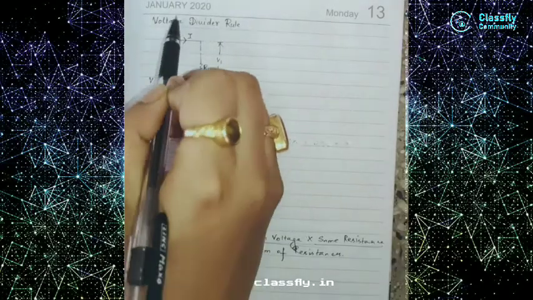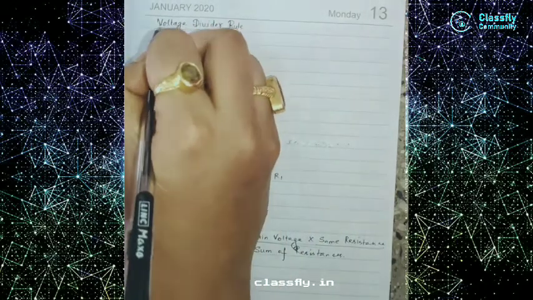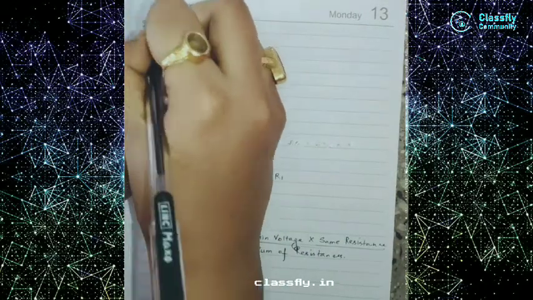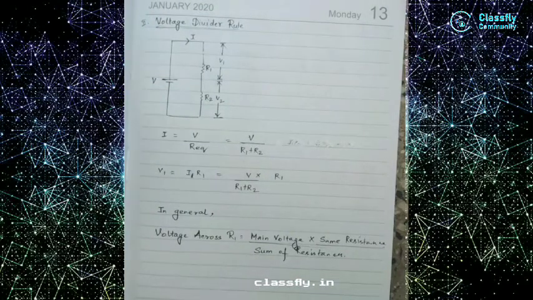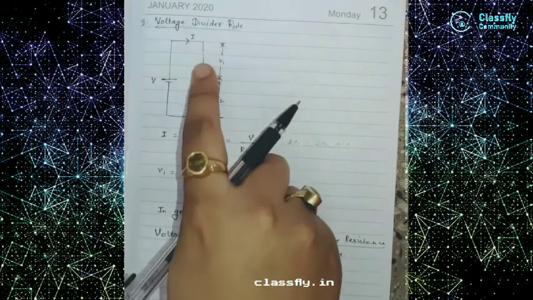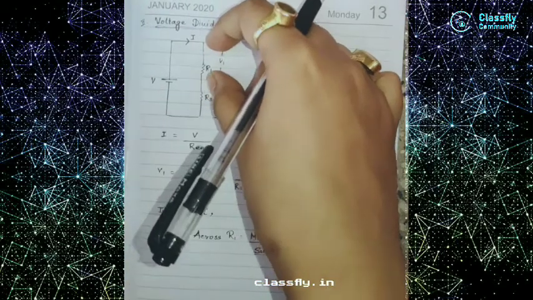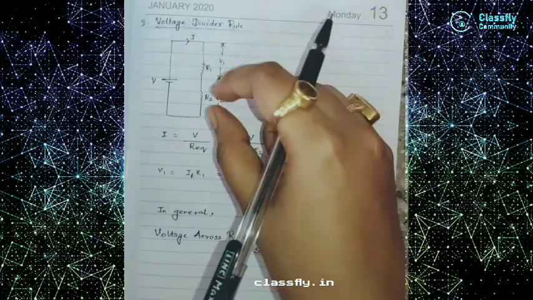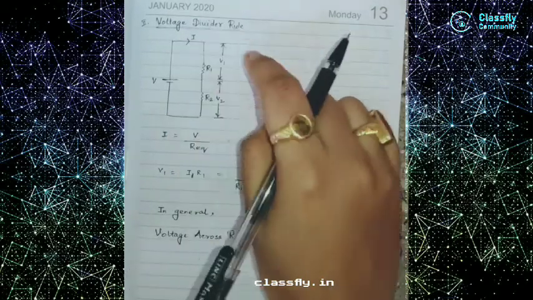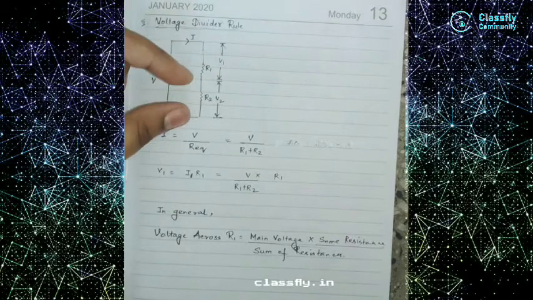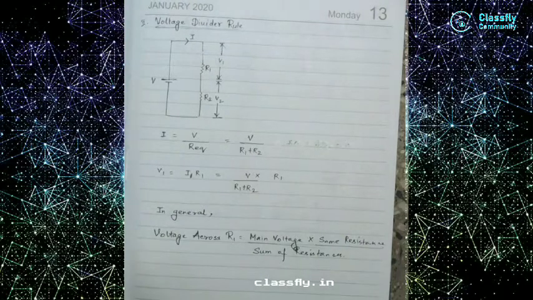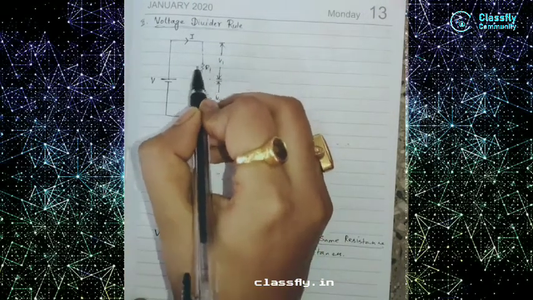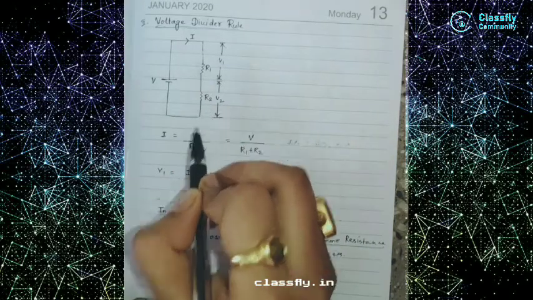See, voltage divider rule. From the name you can simply understand that here the voltage gets divided. That means, in which circuit does the voltage get divided? Yes, you are right, in the series circuit. We know that in a series circuit the current flows the same. That means for R1 we will have the same I, and for R2 also the same current. But the potential difference across the two resistors will be different. That means for R1 it will be V1 and for R2 it will be V2.